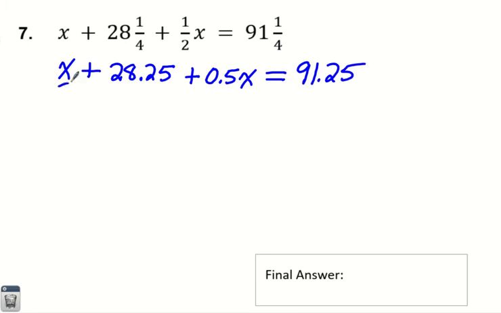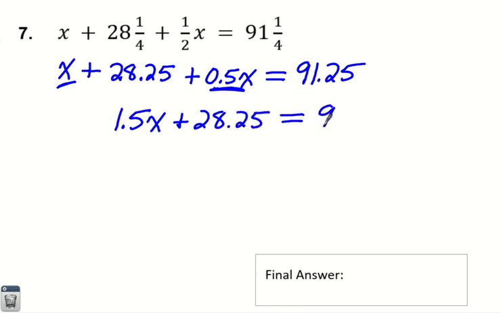And now we have like terms right here, which would be 1.5x. This term just comes on down, equals 91.25, and now we look to